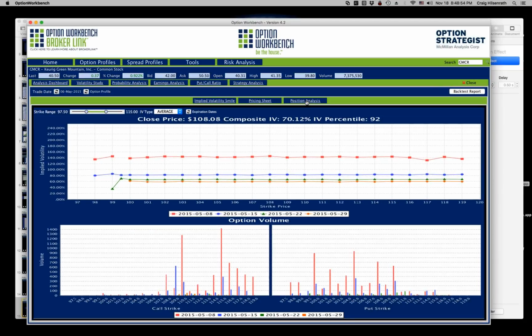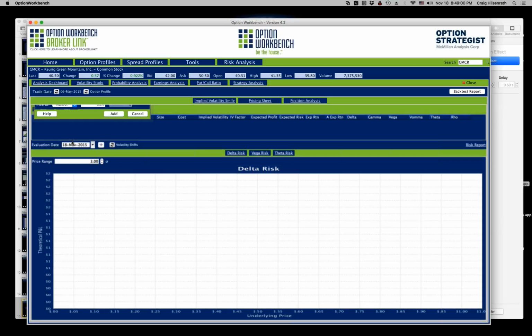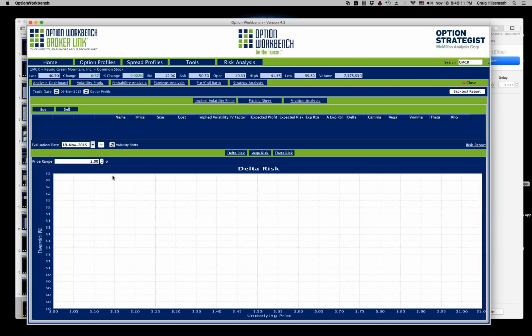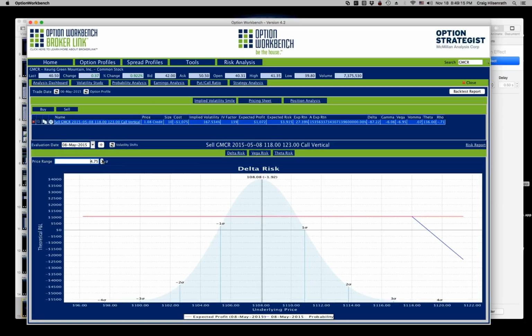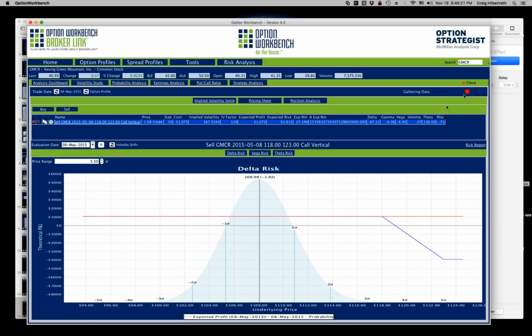Okay, and I think this is the one where it actually blew through the strike, but let's go and sell that call vertical anyway. So I'll look for a $5 spread and go 118, 123, sell at mid, and again, make that wider. And now I'll click the backtest report again,